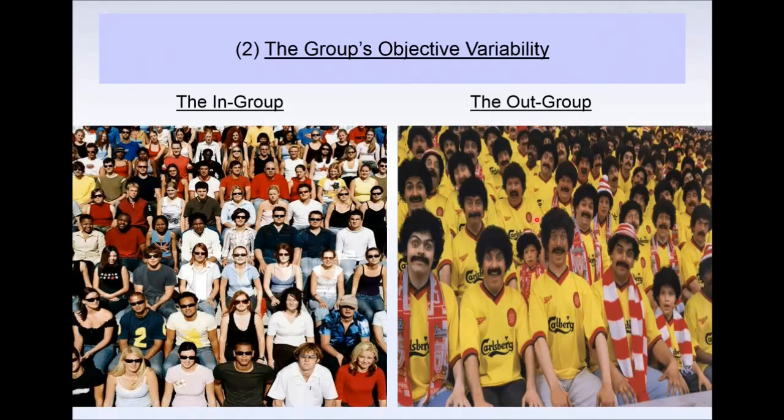The thing to note about this one is that unlike in-group and out-group effects, this is not a biased perception. It's not people trying to skew the group's distribution so that they can get closer to a more positive mean rating or anything like that. It's just people seeing things for the way they actually are. And it's perhaps because this accurate perception is quite straightforward that social psychologists have tended to ignore it, but just because it's not particularly interesting doesn't mean to say that it's not important. And so I've included it here as a key influence on perceived group variability, something to always bear in mind, that you may perceive groups to be more or less variable because they are actually more or less variable.